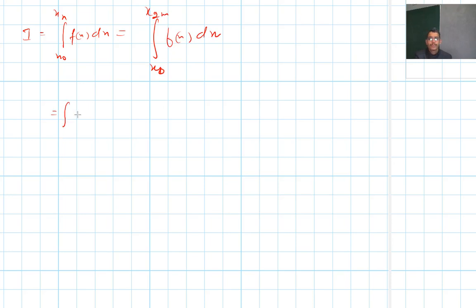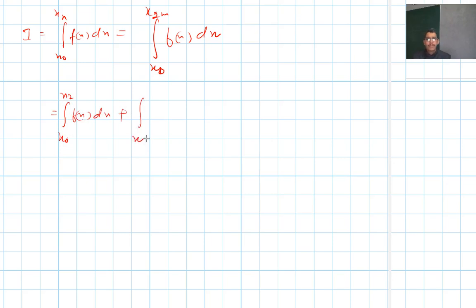The complete integral, as we have also talked about in the earlier lecture, I is the integral from x0 to xn of f(x) dx, and it can be split as the integral from x0 to x2 of f(x) dx